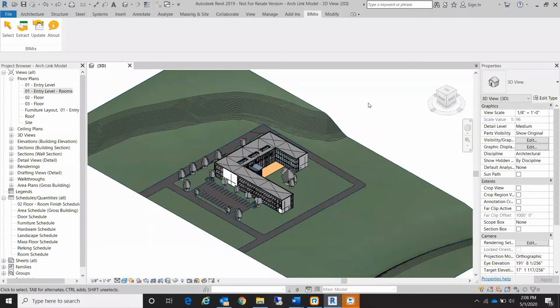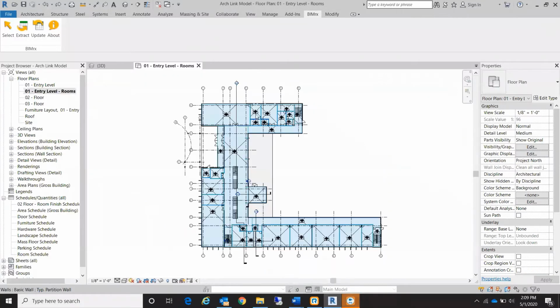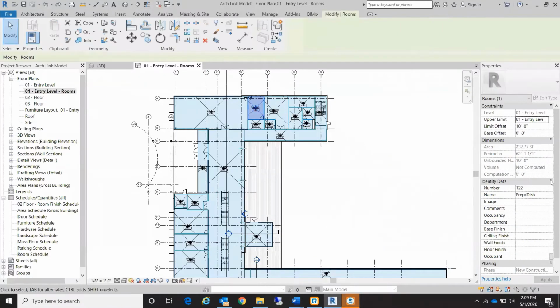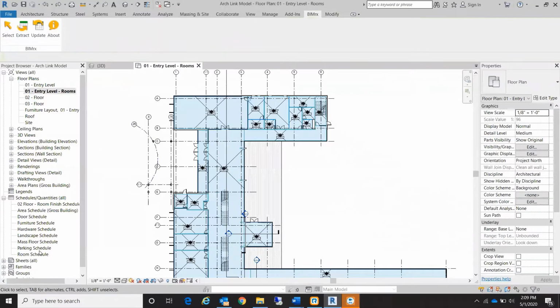Today, we are going to be looking at a case study using BIMrx to modify the department parameter within a room. Here we can see all the rooms in our project, and we can see that the department parameter has not yet been filled in. When I go to my schedule,